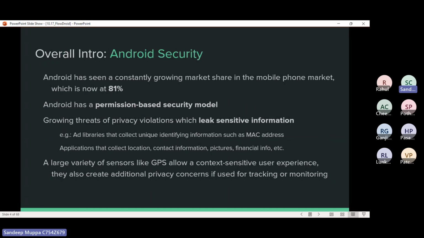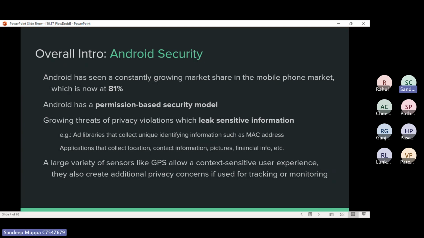Coming to the overall introduction, Android has a constantly growing market share in the mobile phone market, which is now 81%. While Android phones are becoming ubiquitous, they became a worthwhile target for attackers and users' privacy sensitive data.